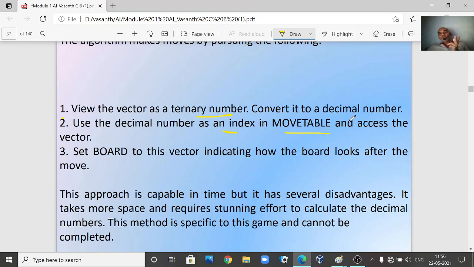So we are going to use this decimal number as an index into the move table and access the vector, right? Third step, now set the board to this vector, whatever we have accessed in the previous step 2, we are going to use that. So set the board to this particular vector, indicating how the board looks after the move. This is a very simple algorithm, right?